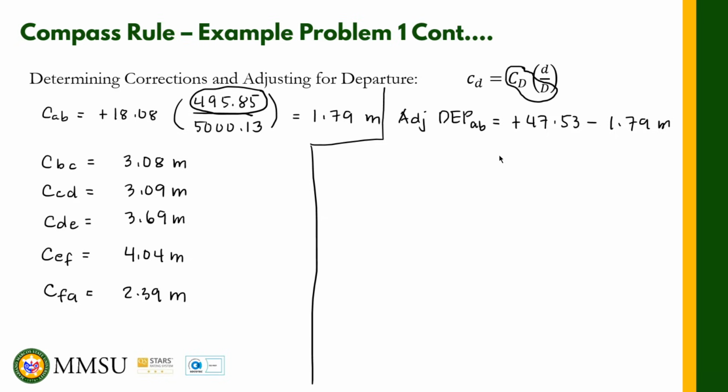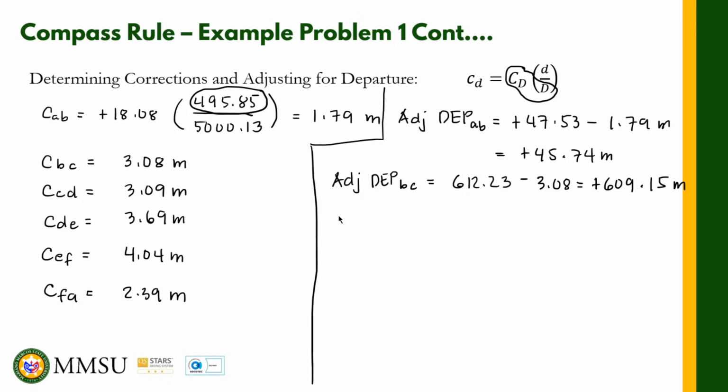So, magiging positive 45.74 meters na lang ito. So, parehas lang ng ginawa natin kanina doon sa latitude. Okay, next we have the adjusted departure for BC. Our original departure for BC is 612.23. Positive yan, so we need to subtract the correction na 3.08. Okay, this is equal to positive 609.15